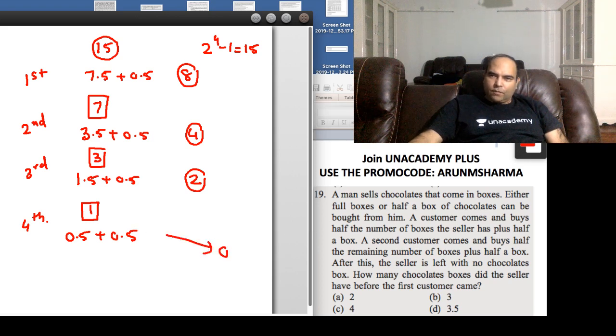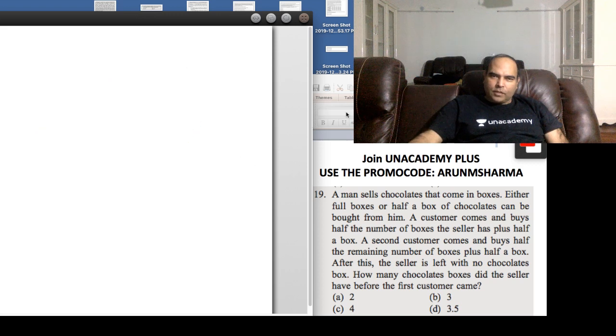So this is the algorithm for this question. Every time you face this question, you will do 2 raised to n minus 1. And this question can come in 3 stories. This was the chocolate box story. The other is the thief story. A thief steals